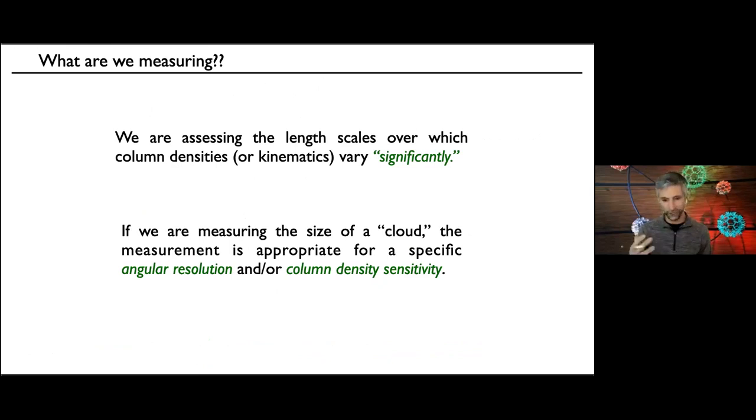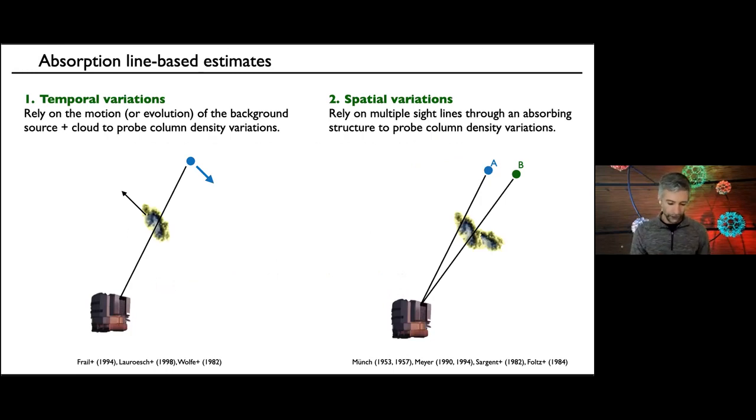When you have an H I data cube, you're able to define that a little better perhaps, but there are definitely definitional aspects of that. And it often will depend on angular resolution and column density sensitivity. And Mary Putman talked about this with regards to the Complex C and Magellanic Stream results a couple of weeks ago. So if we start at the Milky Way,